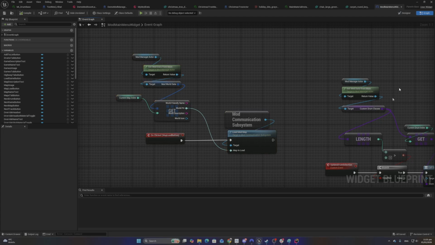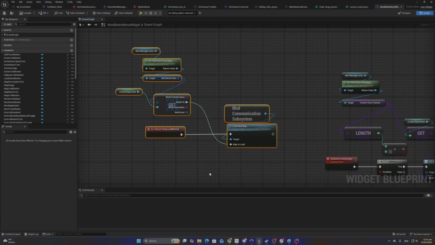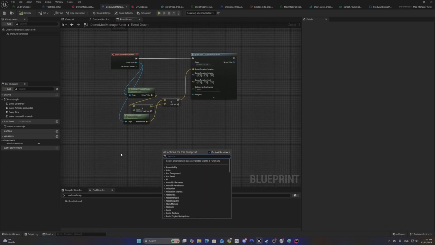But this is the direct way to do it, and I will get into this mod communication subsystem. This is the most crucial part actually about the mod communication infrastructure we offer. But just as a side note, there's an alternative method where you can directly load your map, but now we will implement the first method I mentioned, which is to make the level get included with the Paradiddle levels we have in the default app. And we do this by